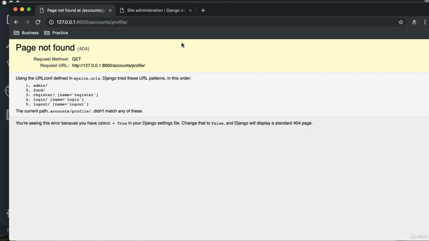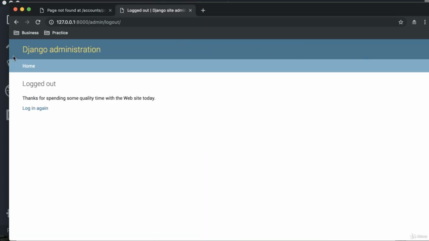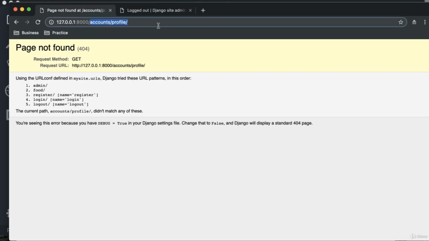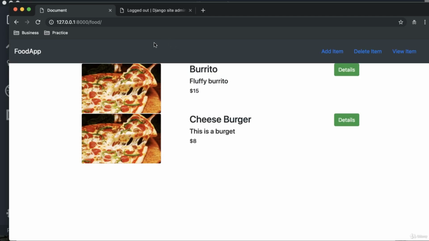So now let's see what exactly happens if we actually log in. Let me log out from here. So I'll click on the logout button, and now let's try to access the login page. Let's log in with the admin credentials over here. So I'll type in my name, then I'll type in super user as well. And when I click on login, as you can see, now we are actually redirected to the index page and not to the user profile page, which we had not created,